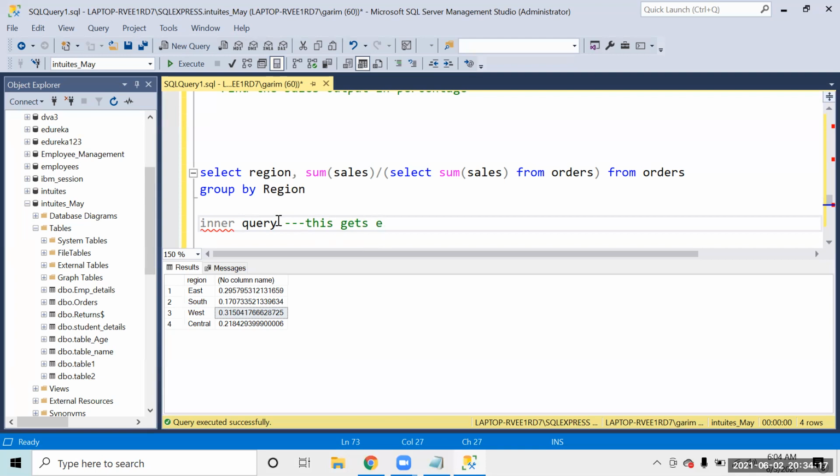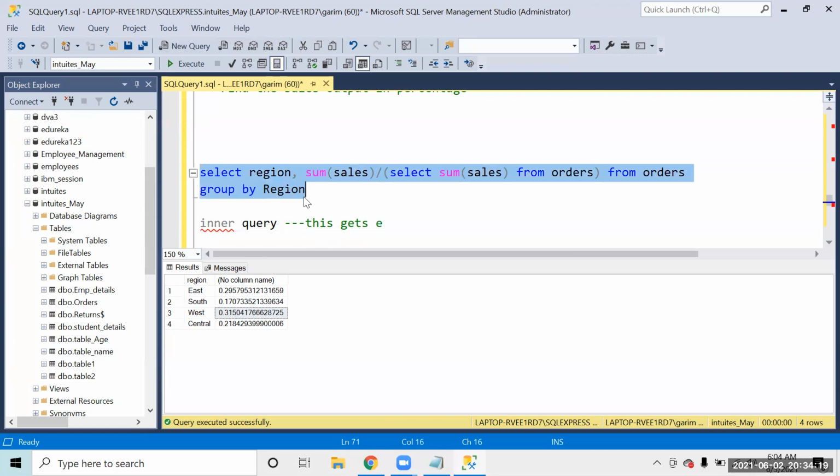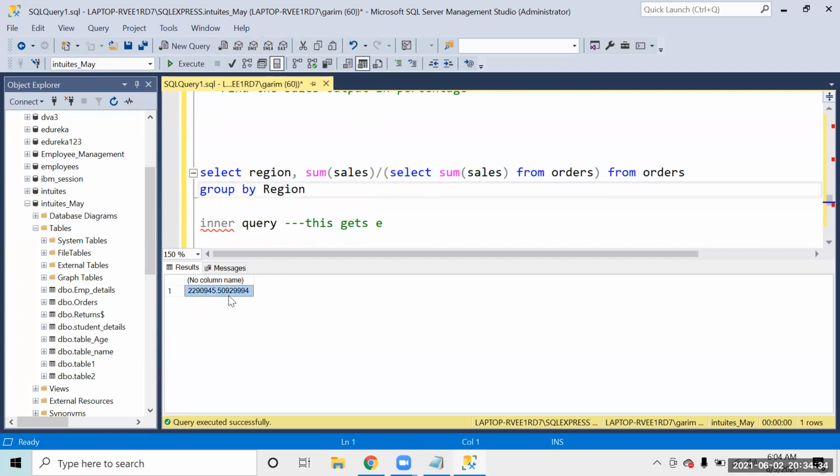Now, in this query, what is the inner query right now? The total sales, select sum of sales from orders. This is going to give me the total number. Now, this number will be like, if I say this number comes over here.